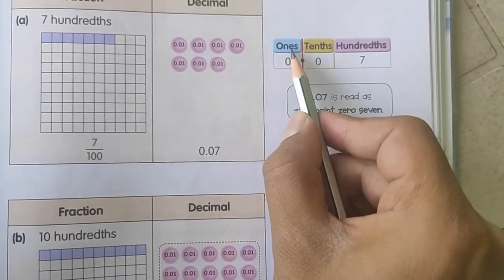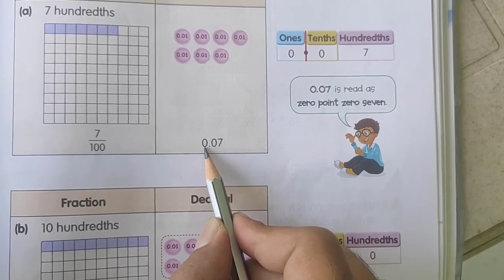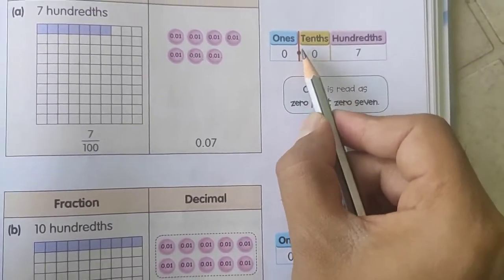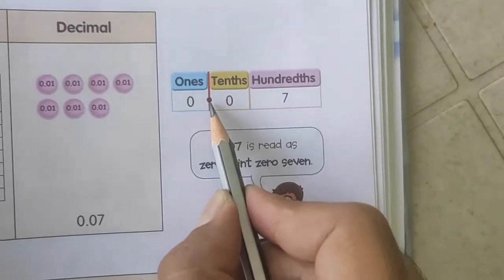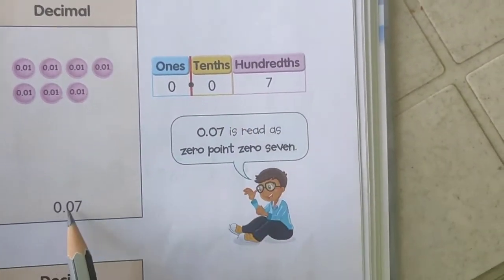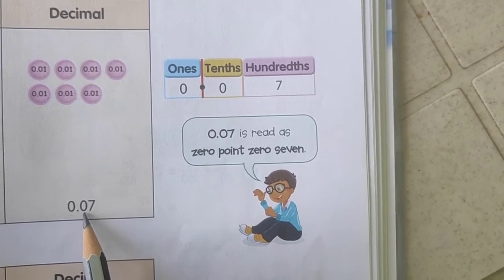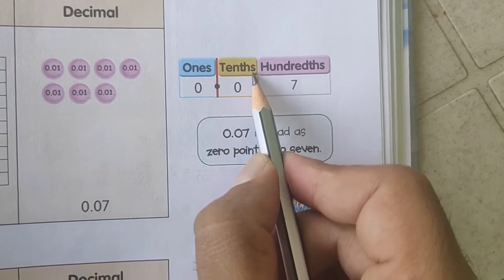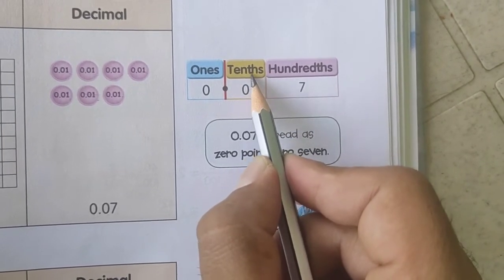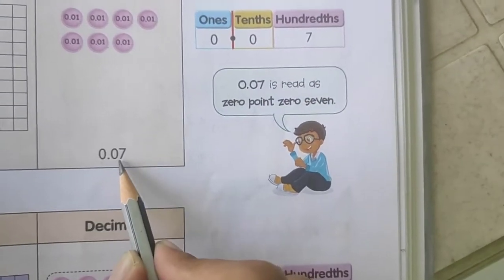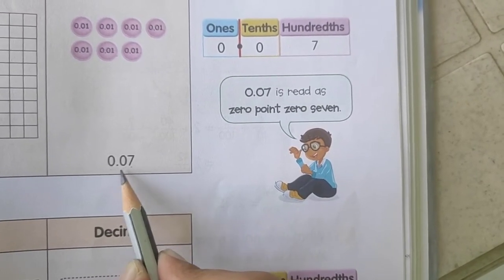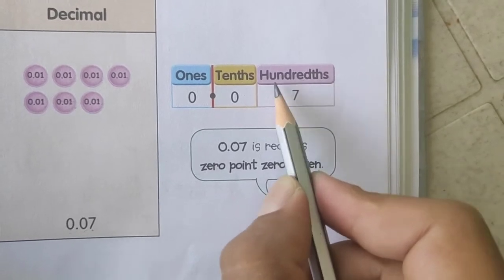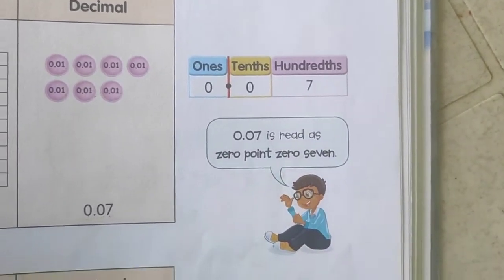Now if I want to know their place names, see how we can give names. The 0 is always at ones place. The number which is exactly to the left of the decimal is at ones place. Now we are moving toward the right hand side. See this red color line here and this point, it shows us the decimal point. Now this first position toward the right hand side is tenths. How to read it? See, tenths, T-E-N-T-H-S. And then the second position toward the right of this decimal, 7 is there and it is at hundredths place.